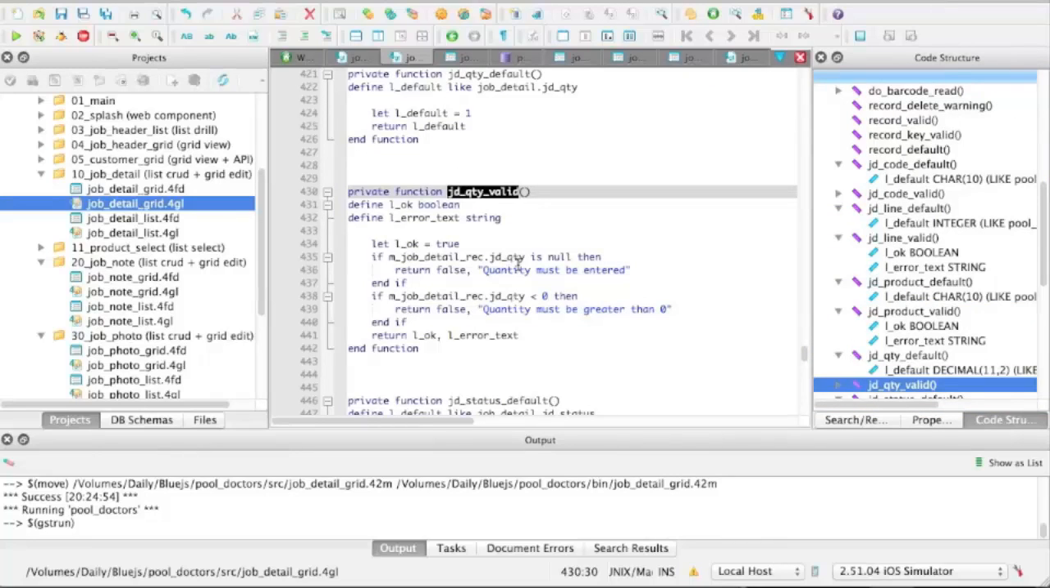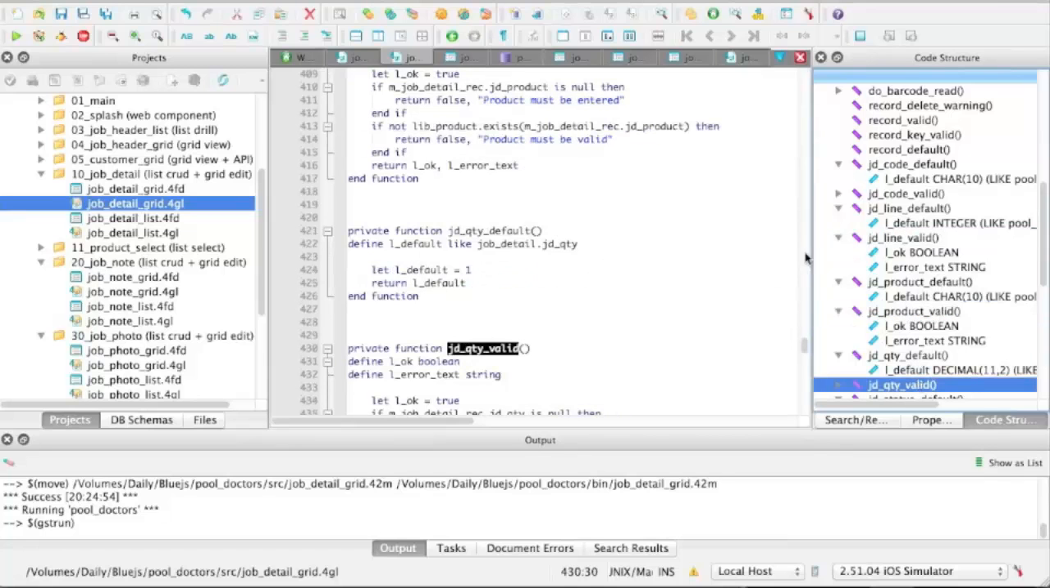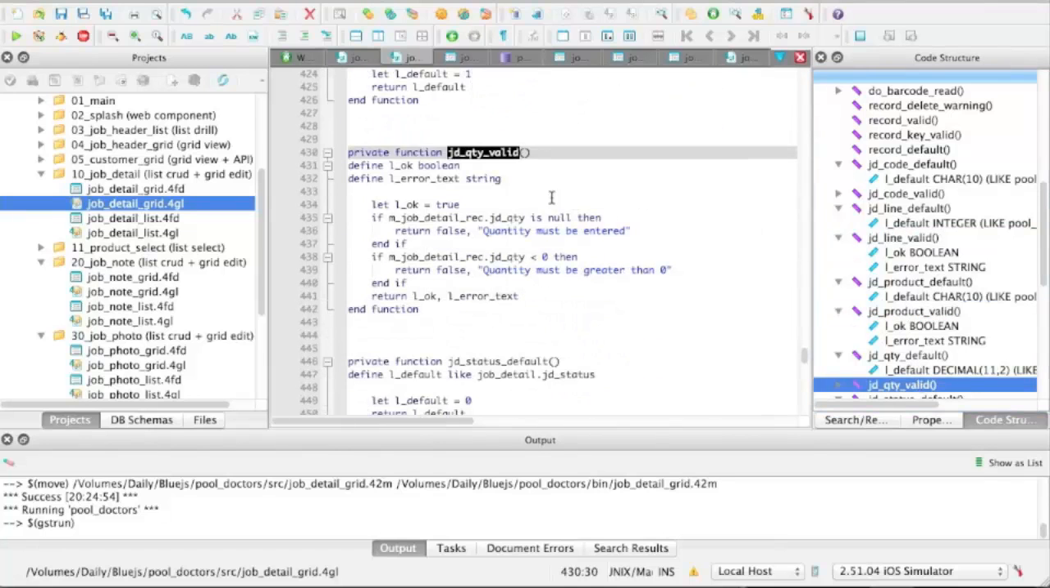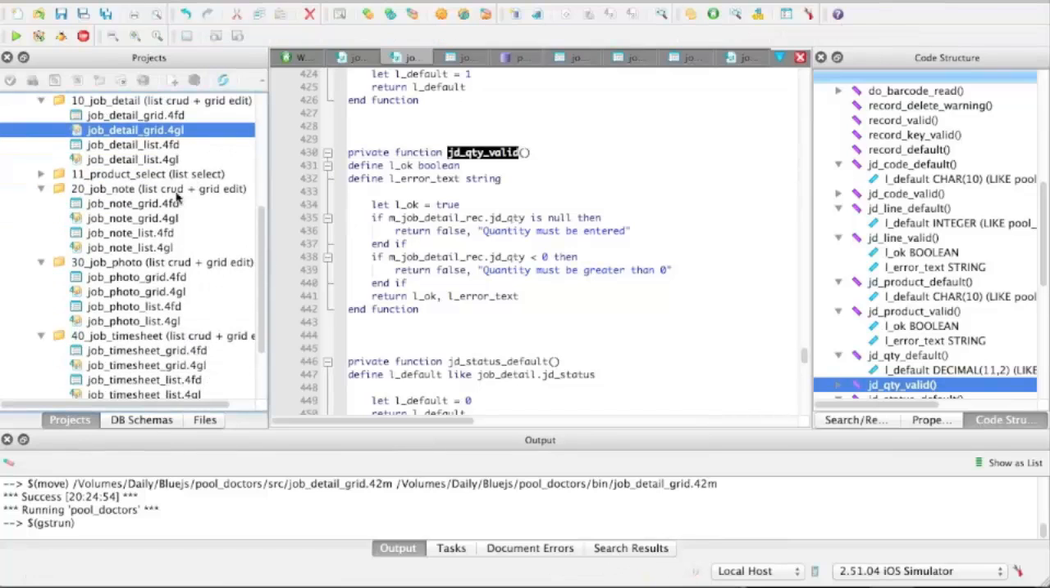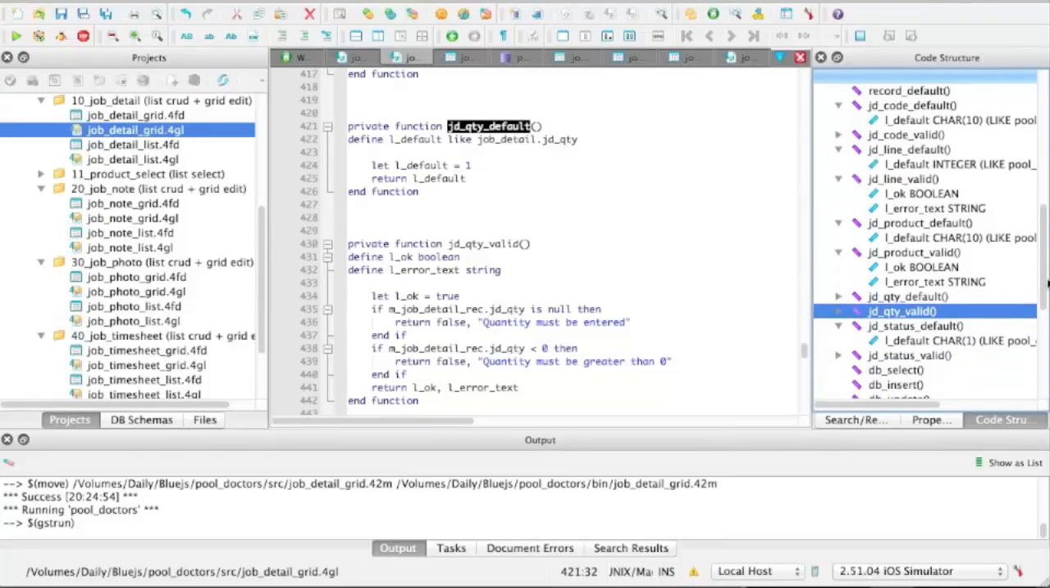So my rule of thumb is that each field on the form should have an underscore valid type function, which we put the business logic in to say this is the appropriate value for that field. So that you'll see that in the job note, job photo, and job timesheet grid 4GLs as well. Yep, there'll be a default function and a valid function. So after the quantity and default